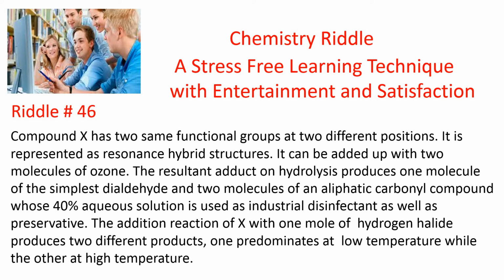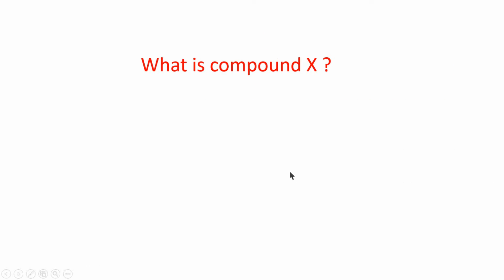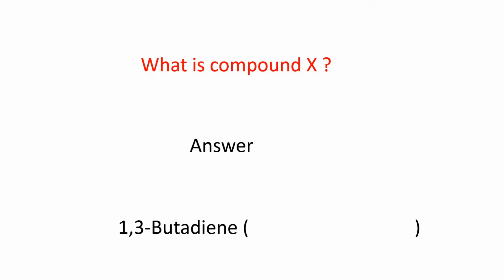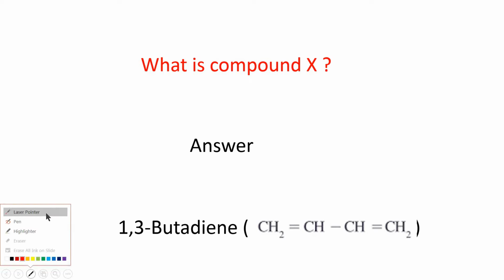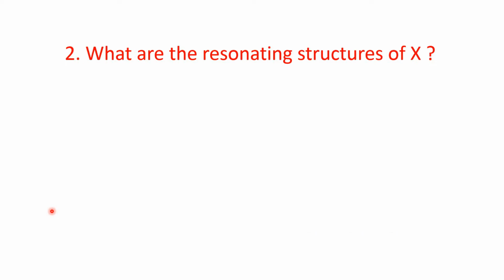Now let's solve this riddle and let's see the questions associated with the riddle. The primary question is, what is compound X? The answer is 1,3-butadiene. CH2=CH-CH=CH2. Second question, what are the resonating structures of X? The answer is